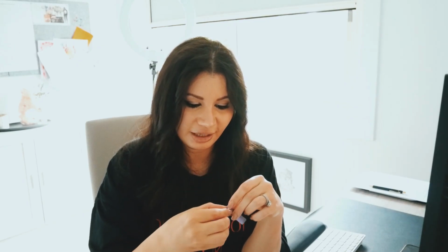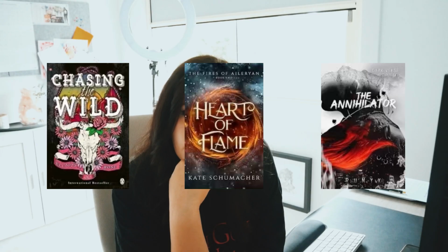But we've got number 46, that was our first number 46. Number 16 was the next number. And after that, we also had number 2. I'm going to flash up on the screen now the 3 books that we are voting on in March. So out of these 3 possible books, the winner that you voted for will be bumped right up on my TBR, and I will be reading it and giving you my thoughts, my opinions, possibly doing a